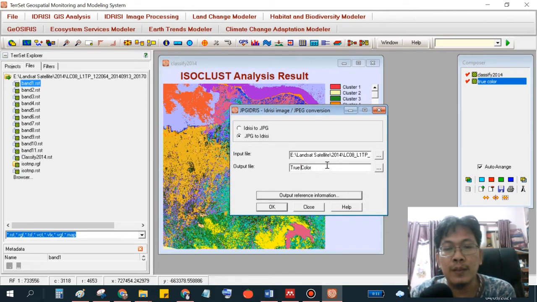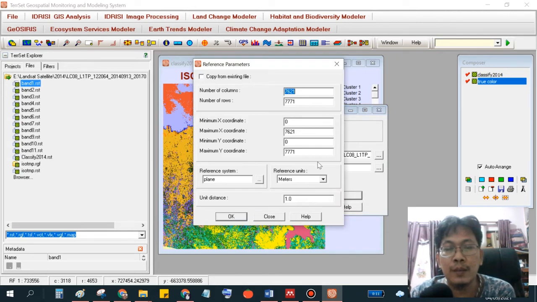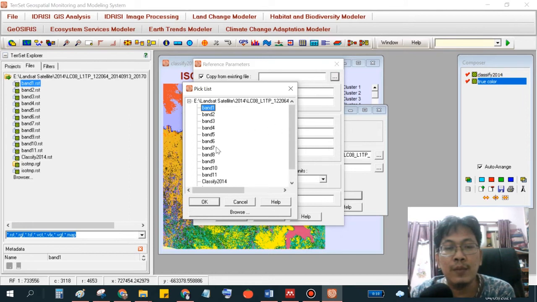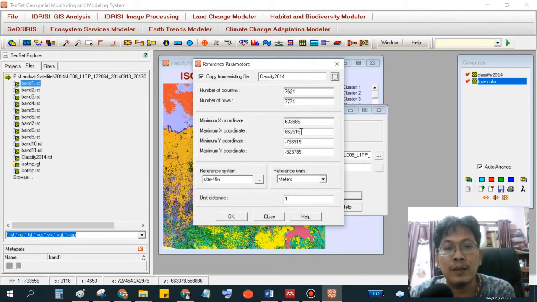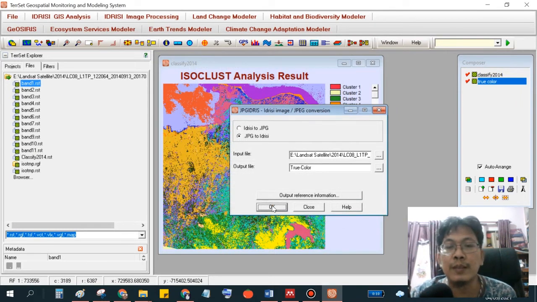We give the name true color and output reference. We just copy from band 1, band 2, and other satellite imagery, for example this is UTM-48, and we process. We have to wait until the JPG file becomes an Idrisi file in RST format. The name is true color, for example.